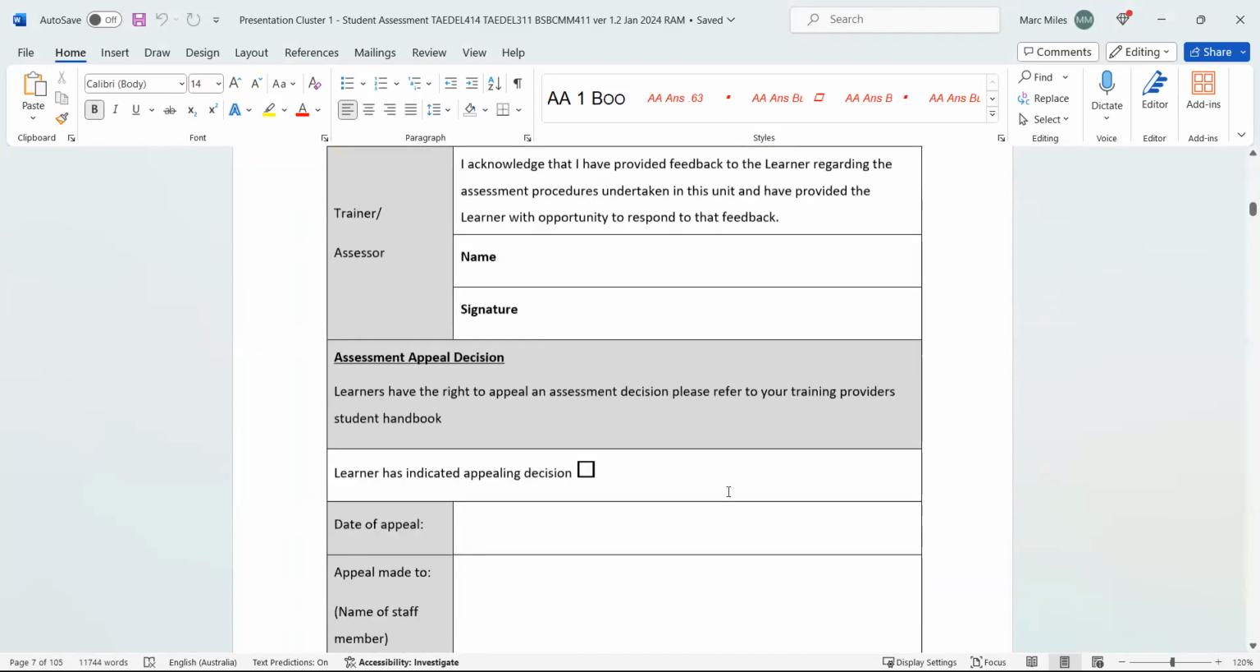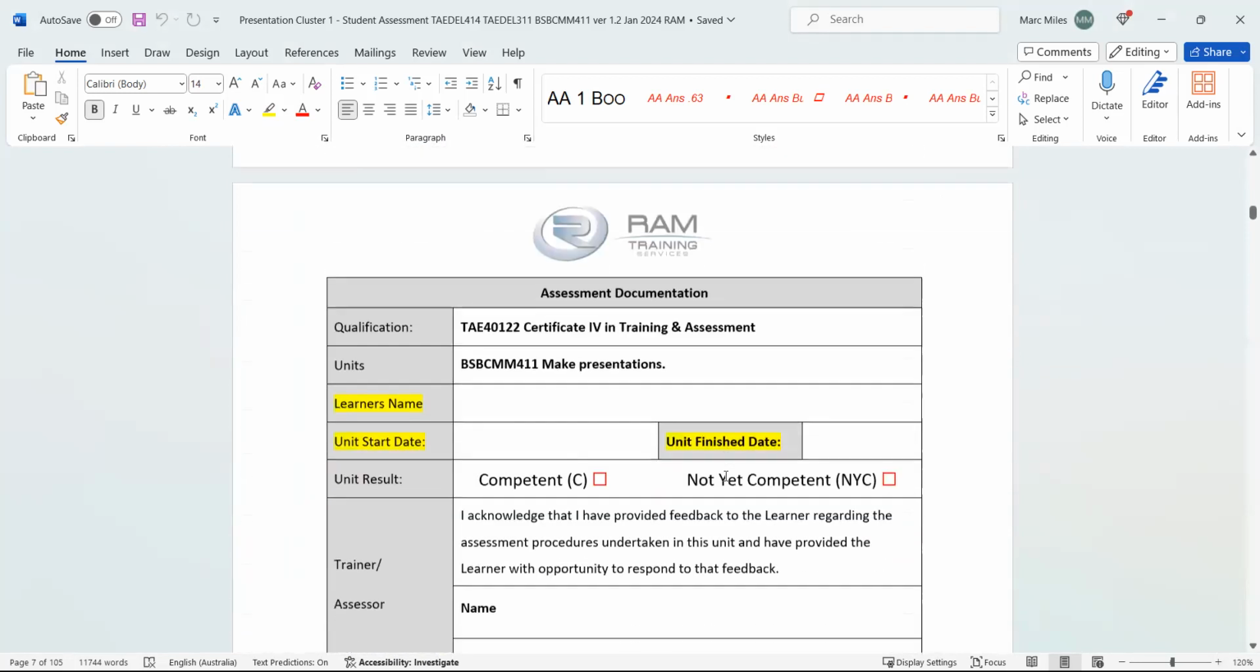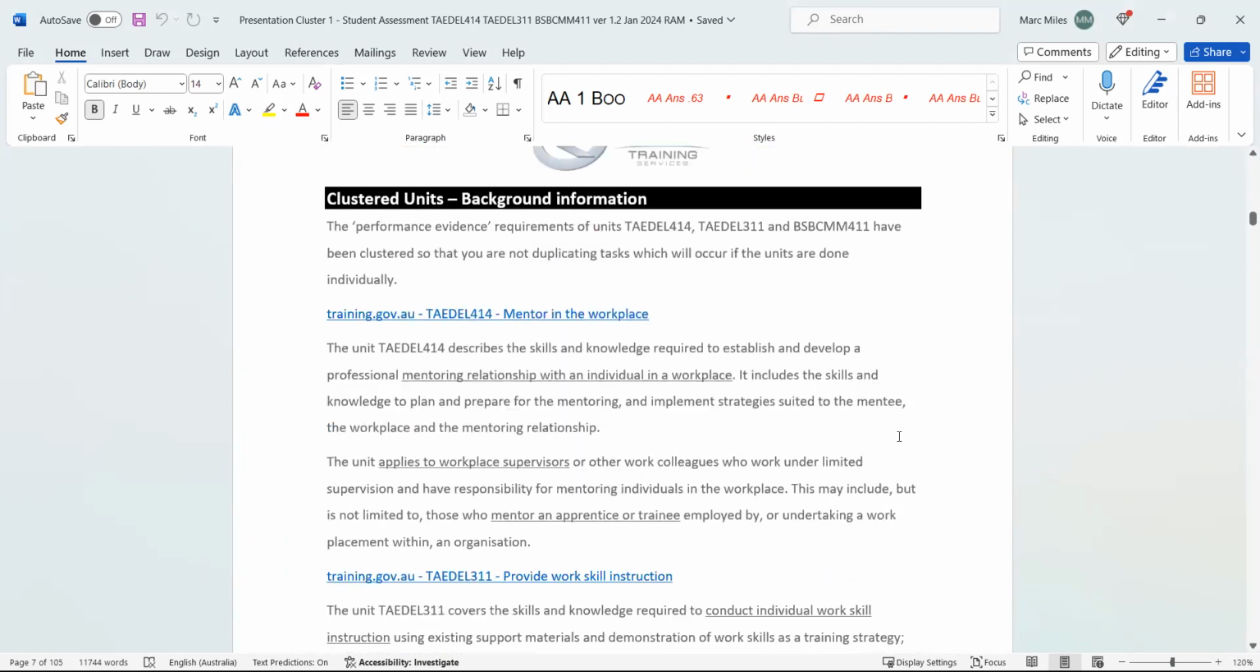So then we're going to come down and we've got, again, learner name, unit start date and finish date. All right. So we'll come down and we've got one more here, which is learner name, start date, and then finish date. All right. So we'll come down and if you would like to, you can spend some time reading through the performance evidence for each of the units that we've got listed here. So as you would know, everything that is done in the TAE is part of units of competency from the